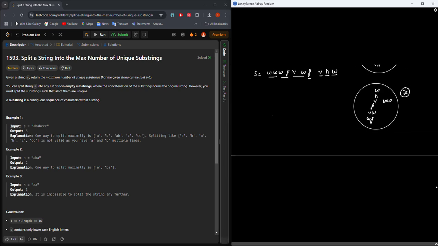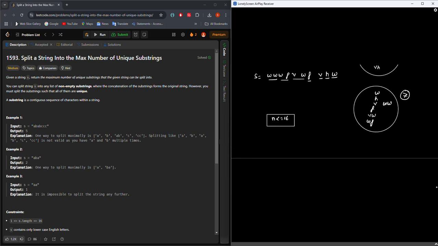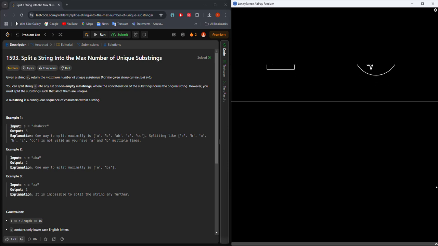That's why they are giving the n value size less than 16, basically less than 16. Otherwise, if this were possible in O of n, then why would they give the size of n as 16? So basically here we are using recursion. We will explore all the paths, and in every explored path we will check which path gives the maximum answer, right? That's why we are taking a small example, because the recursion is so big.